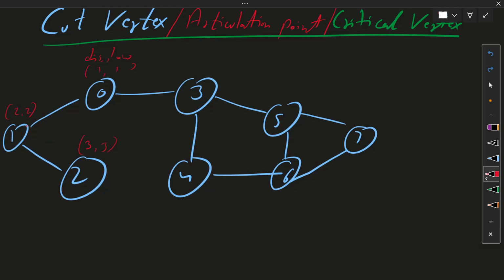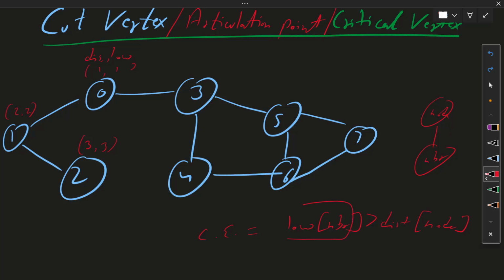So we need to check whether a particular node is a critical vertex or not. In critical edges, what we did: if low of neighbor is greater than discovery time of current node, it means there is no other way from node to neighbor. There is only a direct way, only a single way.